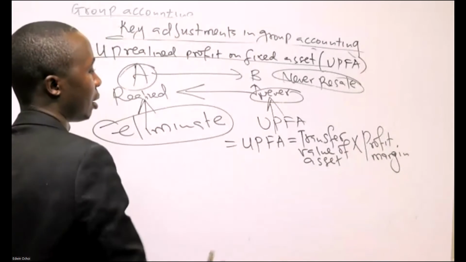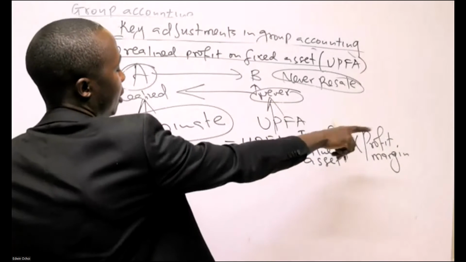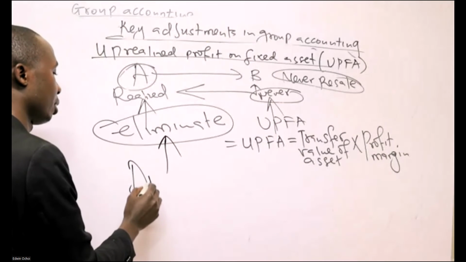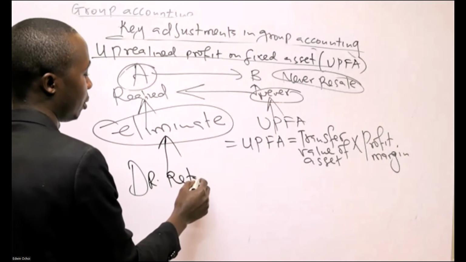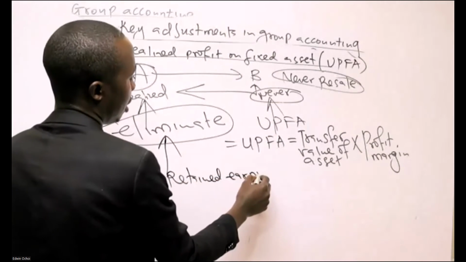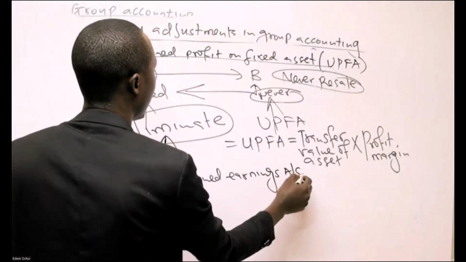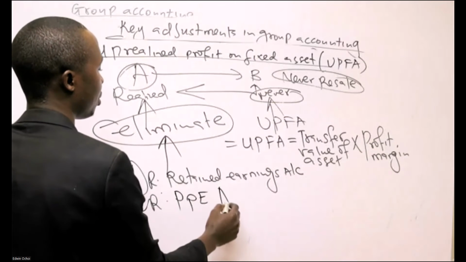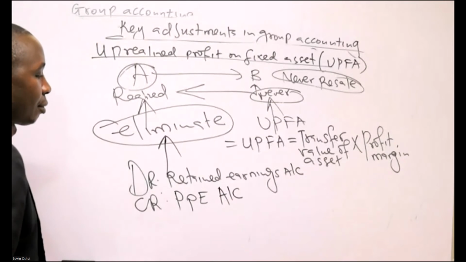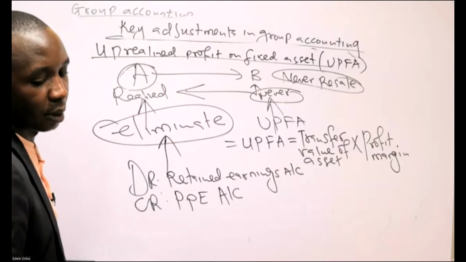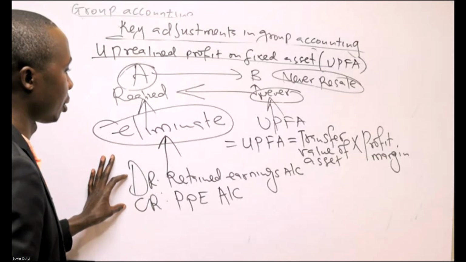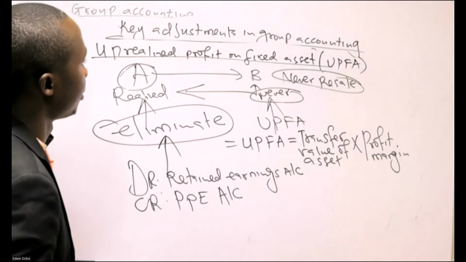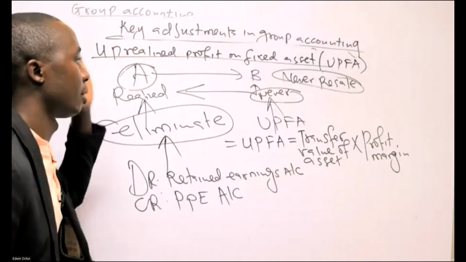Then when eliminating in the books of the parent, you are supposed to debit the retained earnings account and credit the PPE, property, plant and equipment account. Due to this transfer of a fixed asset,